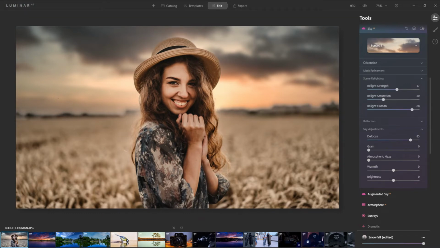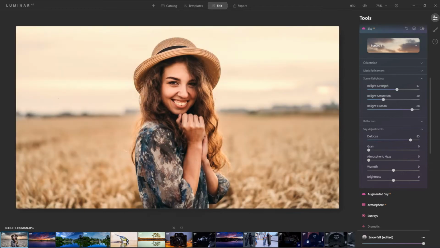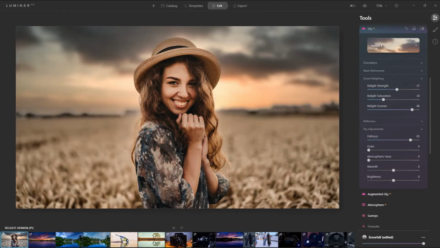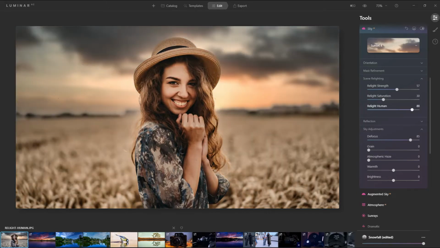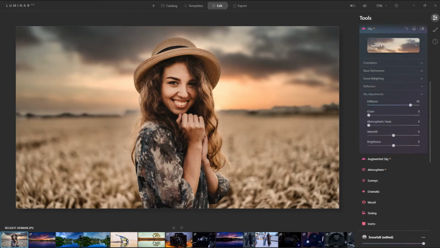It looks more natural. So if we do a before and after, you see how she's really bright. If I bring this back down, she is way too bright. So what this does is blend in the exposure with the surroundings. It's a really, really neat feature. So yeah, I'd be totally happy with this photo.